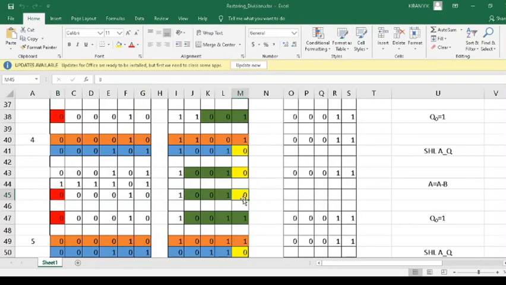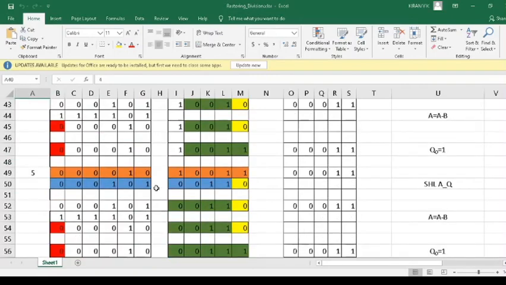You should fix the tentative bit as 1, right? Tentative bit should be fixed as 1. So we have a new quotient bit also, that is 1. As the result of the A equal to A minus B operation is positive, we won't have a restoring phase. So iteration 4 is over. Now this is the bit sequence with which we are left after iteration 4. Now how will we move to iteration 5? Copy that bit sequence as such, right? So that bit sequence as such is taken and kept for iteration number 5.